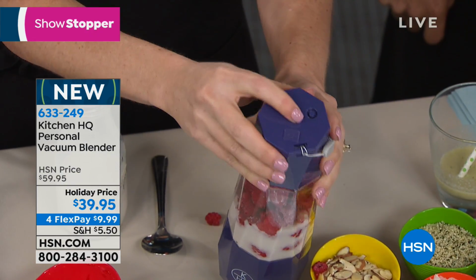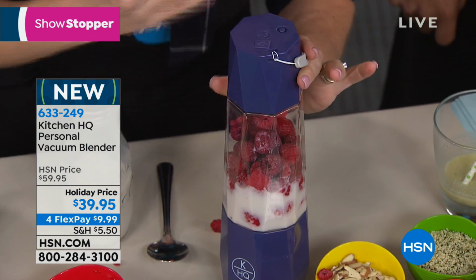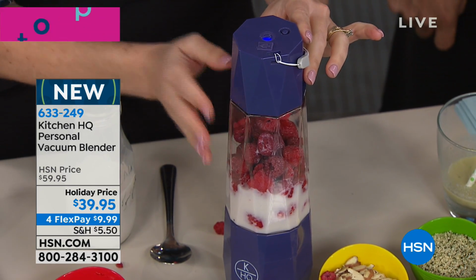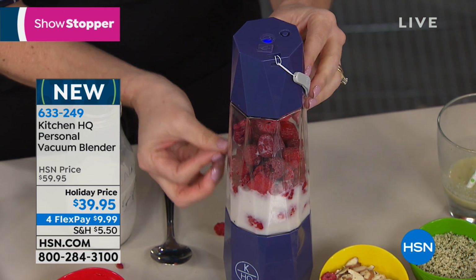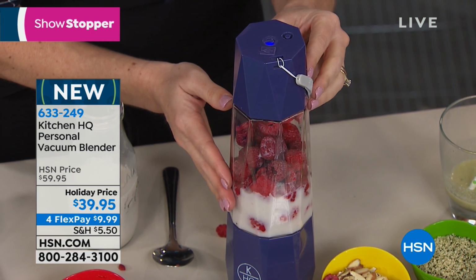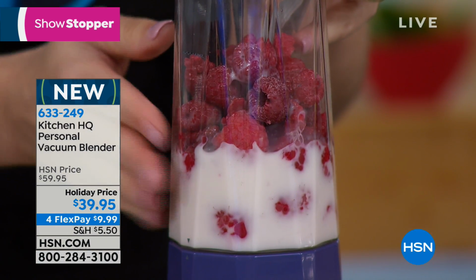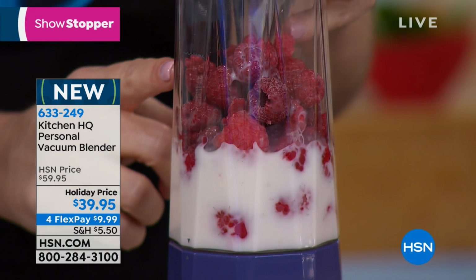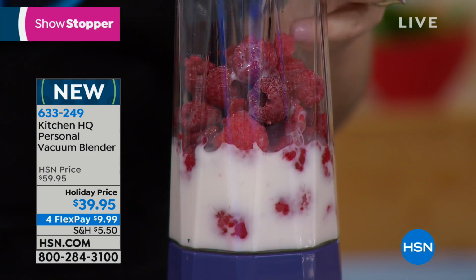Now, when we use it again, we just hold this down 1, 2, 3 seconds, and then the vacuuming part is starting. You don't want to vacuum and blend at the same time. So you want it first to remove the air. So right now it's taking everything that I've just placed in here. It's removing the oxygen. It's keeping the nutrients inside. It's making sure that you're going to get the best quality smoothie you possibly can. And if you do watch it, it's subtle, but you will start to see it compacting. You'll start to see everything moving right now. And it's subtle, but that subtle difference makes a huge difference in the quality of your